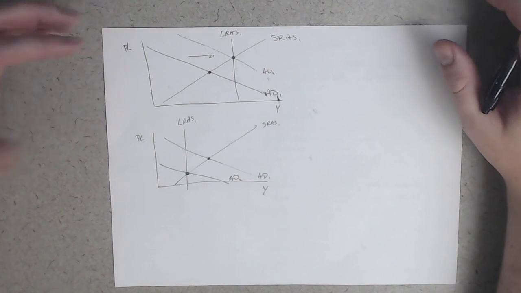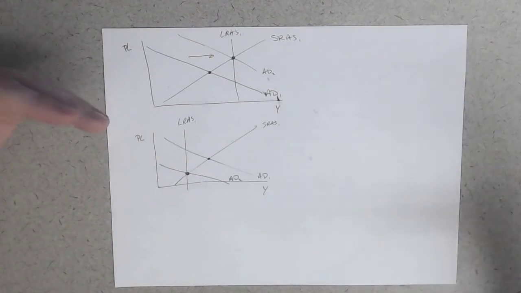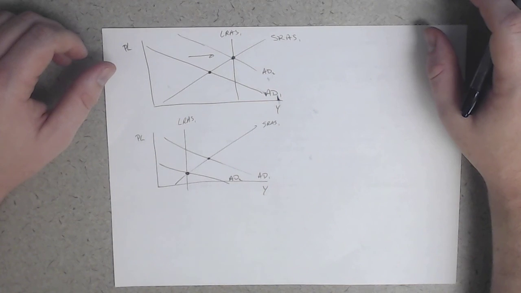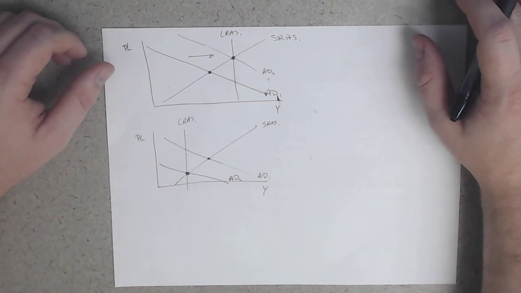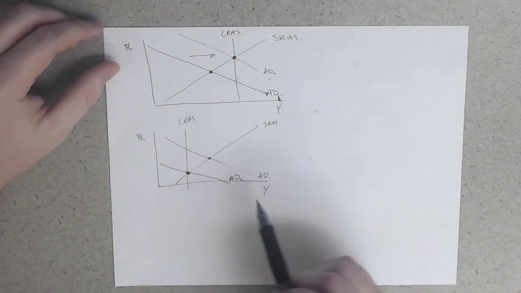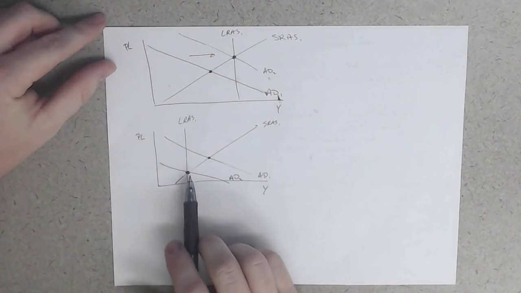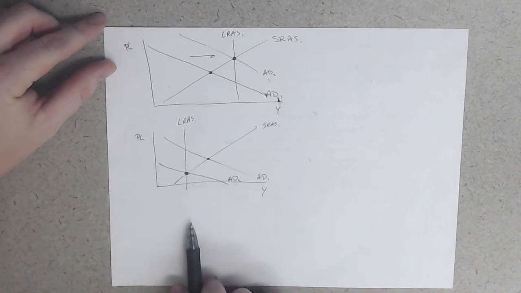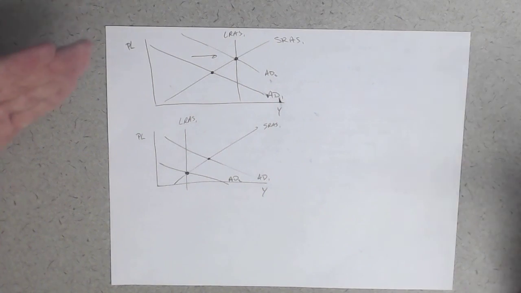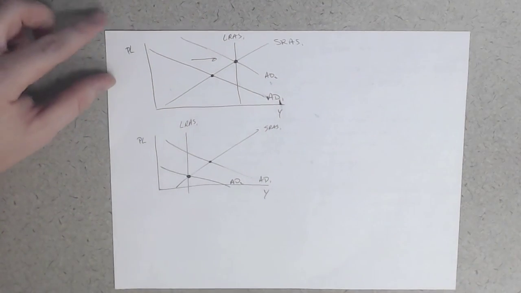The real idea is that we can do this either through monetary policy or fiscal policy. What we're talking about here is just moving the aggregate demand curve as necessary to get us back to a short-run equilibrium that is on the long-run aggregate supply curve, or in other words, get the economy back to long-run macroeconomic equilibrium.